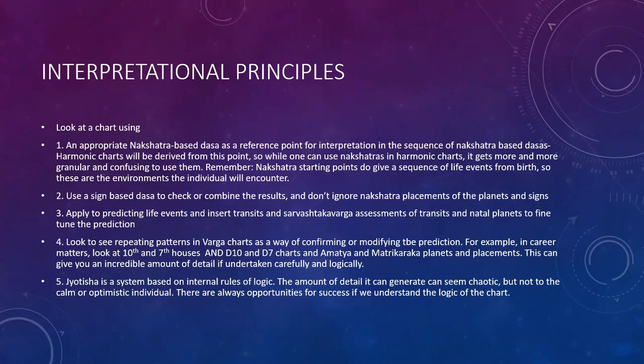But in Ashtottari Dasha, it changes. So Ashwini is ruled by Rahu, I think, if I'm correct. I'm not remembering exactly. So there Ashwini is ruled by Rahu and here by Ketu. So it means this allotment of planets for the nakshatra is not fixed. Yeah. But you can see how Ashwini can be both Rahu and Ketu, or Ketu and Rahu, because